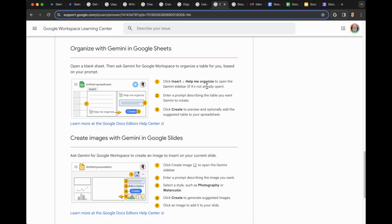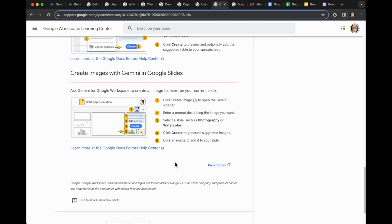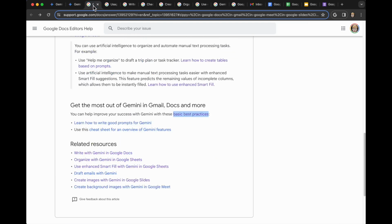So click insert, help me organize, open the Gemini sidebar, and then enter your prompt to create content. So creating images and slides in Google Slides. So it's create image. So Google Slides is about creating images. As I'm reading this for the first time, I'm finding this to be pretty